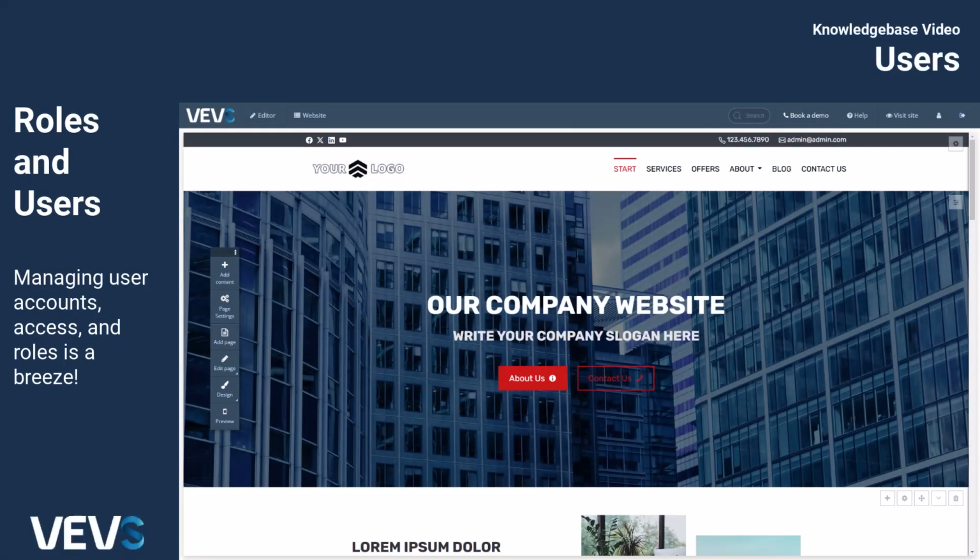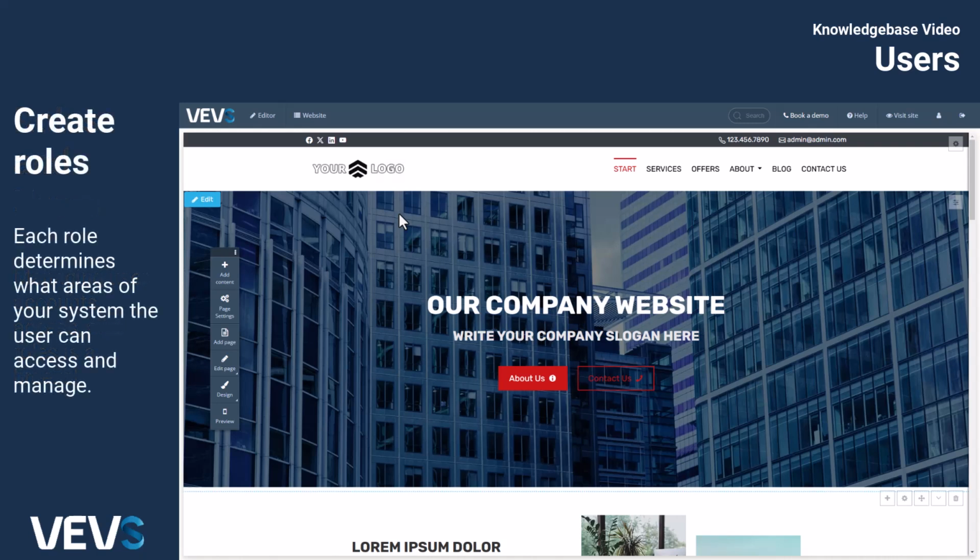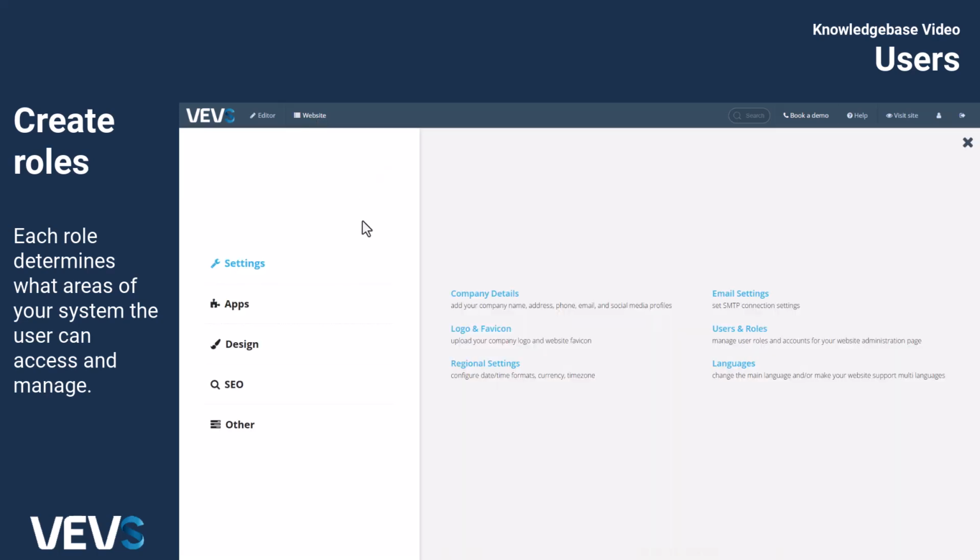If you're using VEVS Website Builder, you'll be pleased to know that managing user accounts, access, and roles is a breeze. With VEVS, you can easily grant back-end access to multiple users, each with customized permissions tailored to their specific role in your company. To add and manage users, simply navigate to the website menu, then go to Settings and